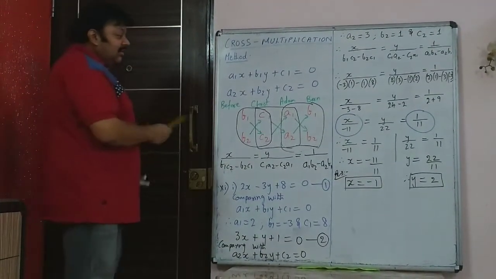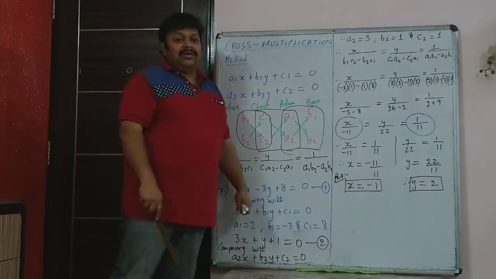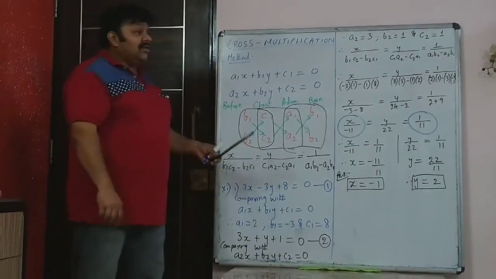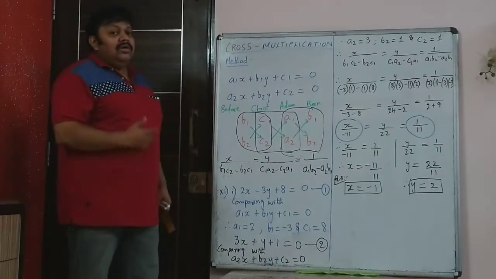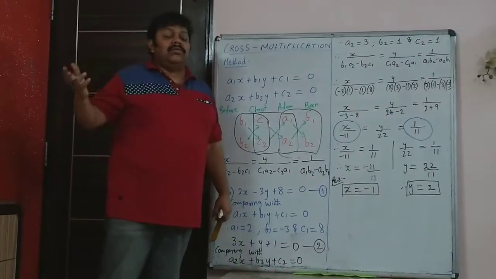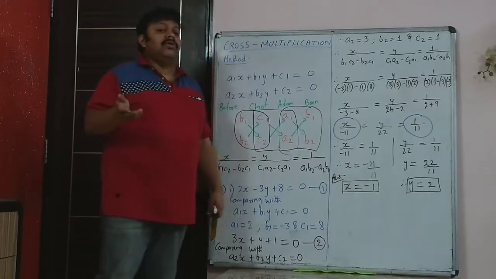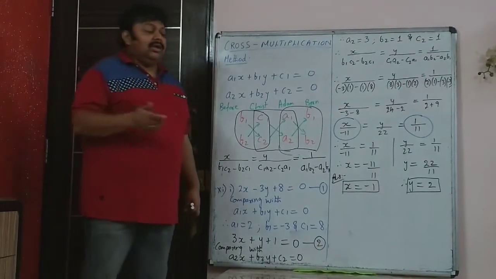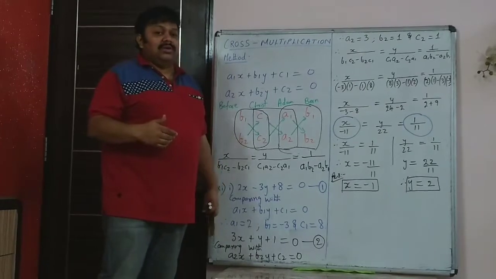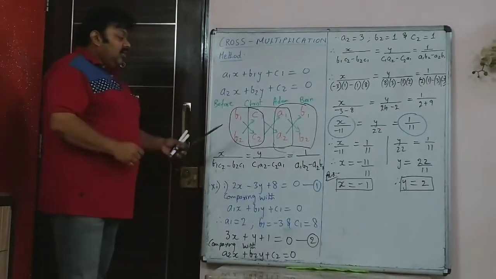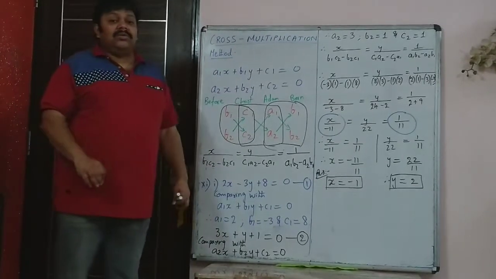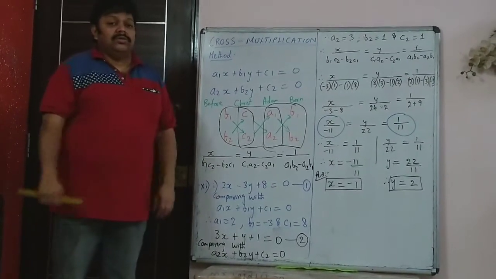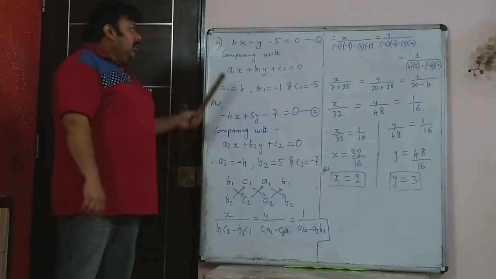Last year in the final exam this method was asked, so you can't avoid learning it. If it comes in section 1, it's a compulsory section. There is a model paper given at the back of your Anish tutorial book that clearly shows any question can come in section 1. So you have to learn this method. If it is mentioned cross multiplication method, do it with this method. Now students,